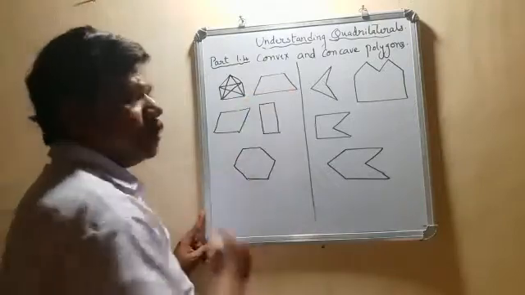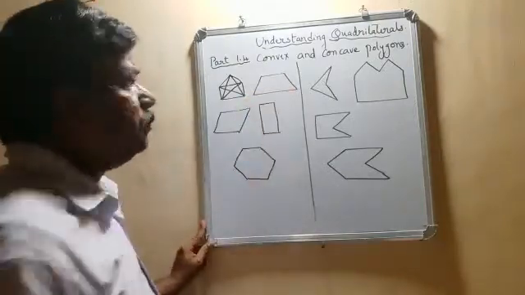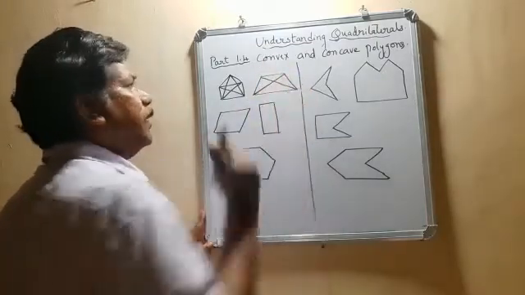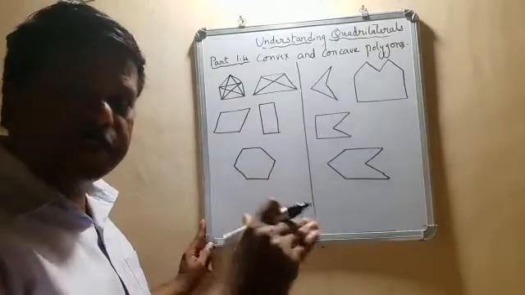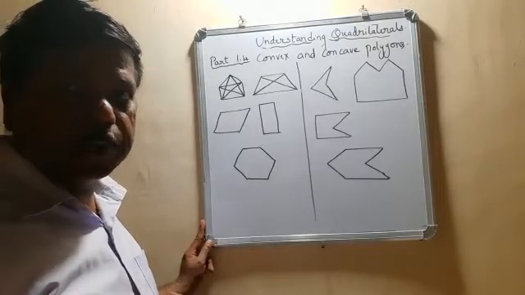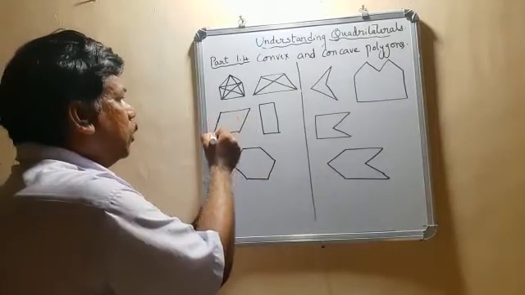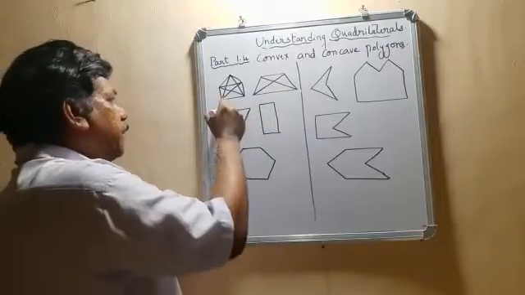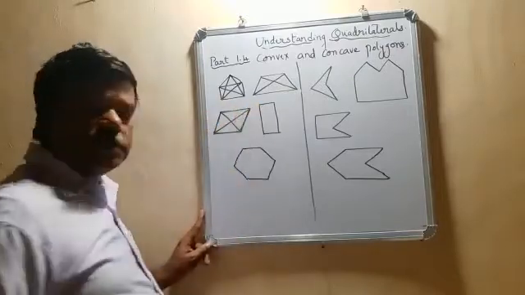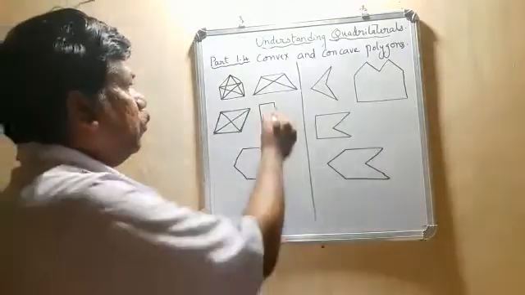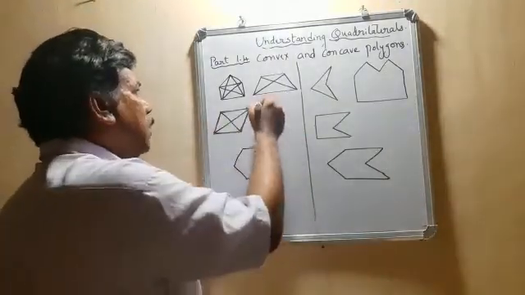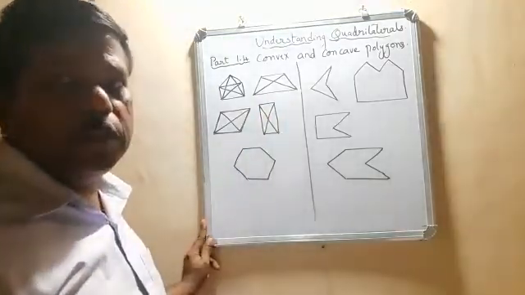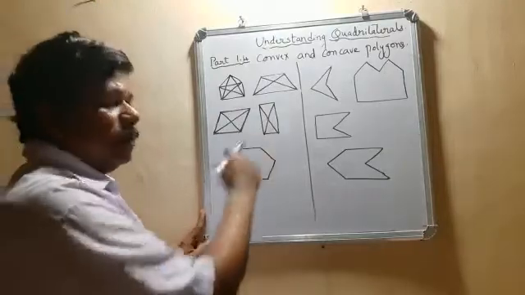So let us try this quadrilateral, which is also named a trapezium. If I join the diagonals, they are still inside. The diagonals are inside the interior of the polygon, correct? Now this is a parallelogram. If these are the two parallel sides and these are the other two parallel sides, here also if I join the diagonals, they will be in the interior. What about this? This is a rectangle. In the rectangle as well, diagonals are in the interior region of the polygon.